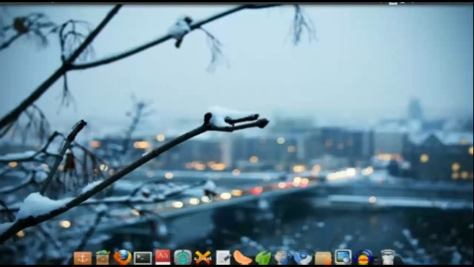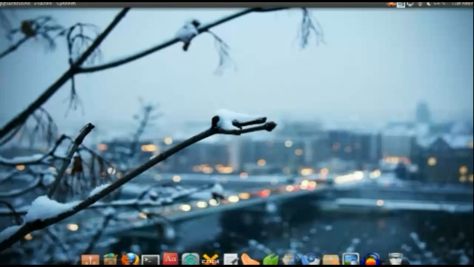Bring this down a little bit. That should be good. Alright, so usually mine is customized a bit because of course I like to do that, and that's one of the cool things about Linux. You can make it look however you want. So you'll have this bar at the top, and then you'll have a bar that looks just like this on the bottom,